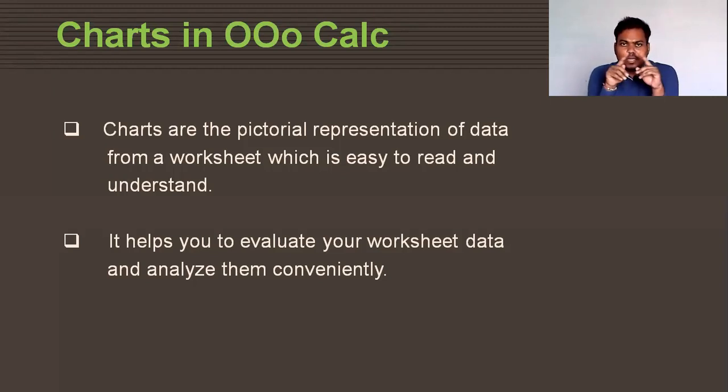Suppose in a tabular form I show you the marks of performance of the students. If I show you the performance of the students of class 9th in a table, you can understand it, but it will take time. But if I show you the performance of the students of class 9th using the line chart,